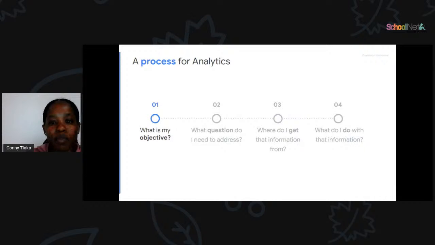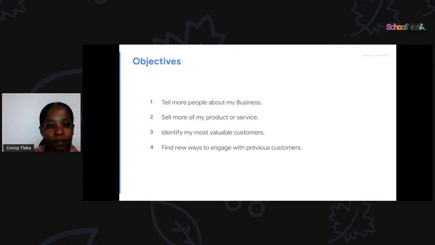Moving forward, we're gonna learn about the first step, which is, what is my objective? You need to tell more people about your business. The people must understand your business. They must know what kind of business you are owning, or what kind of business you are busy with.